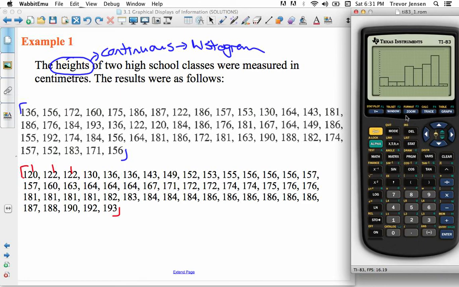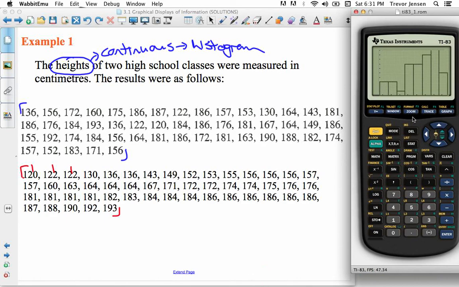The only thing, it's not going to have the same interval boundaries that we have established. So what you need to do is change them. You need to go to Window, and the X minimum value, so we started at 116.5. X max, it was 196.5. And the scale went up by tens. Y min, we'll make it go from 0 to 10, going up by ones. And now if you hit graph,